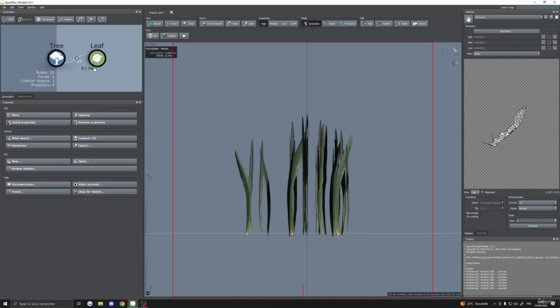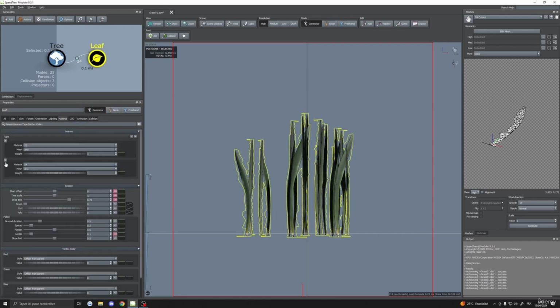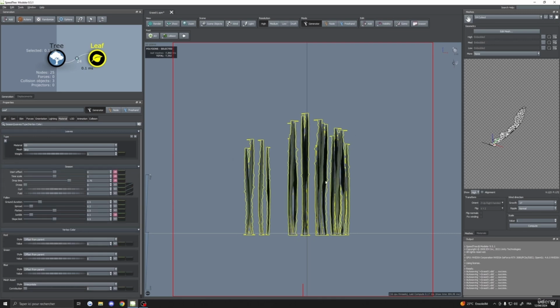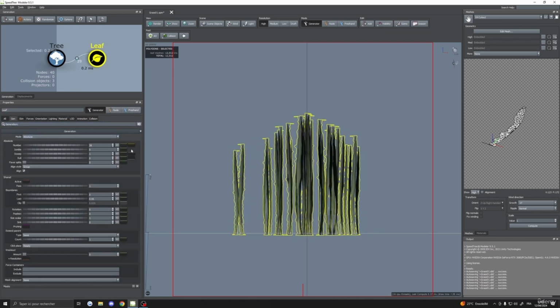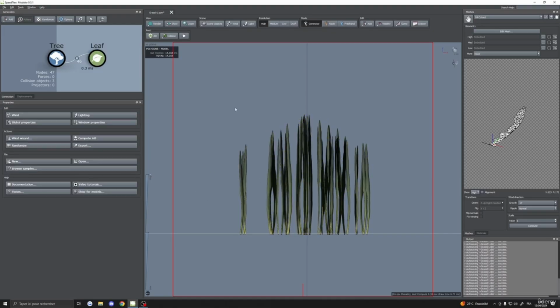Yeah, maybe one thing I'm gonna do actually for this one, I'm maybe gonna not use the fourth leaf. I'm just gonna use the third one. So this one over there. And so now I'm gonna go in generation and I'm gonna increase the number. Okay, and so here